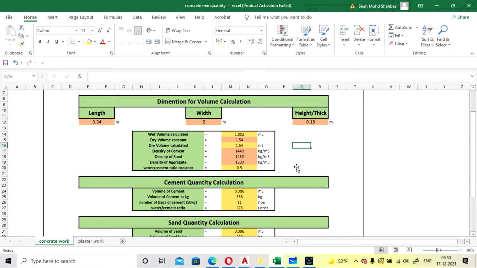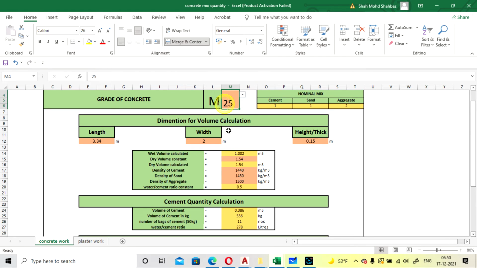Now the density of cement: you have to mention all the densities for the calculation in kg. Our density of cement is taken as 1440, density of sand is taken as 1450, and density of aggregate is 1500. And here is the water cement ratio constant. I have already added all the values for the different grades.